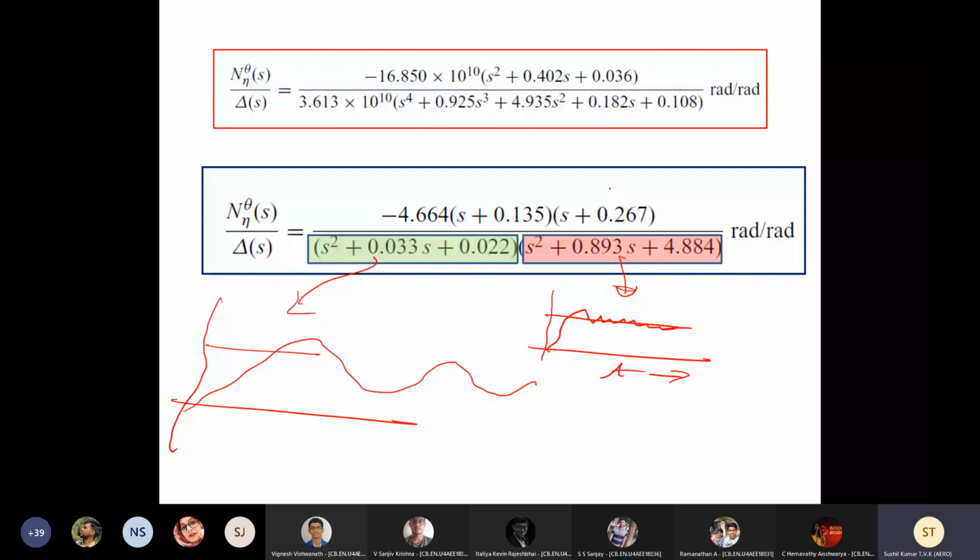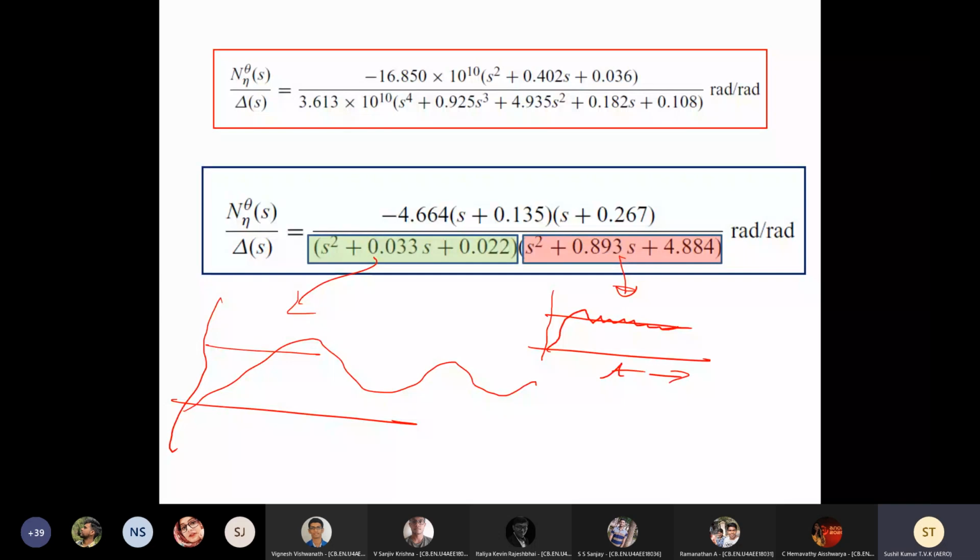And this being a fourth order system can be factorized into two second order systems. I mean the denominator, so that you can independently analyze them or you can analyze them in a combined way. But in this course, you will find that we'll be doing it independently, so analysis becomes that much simpler.